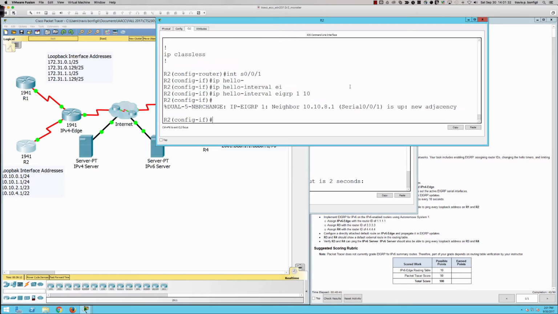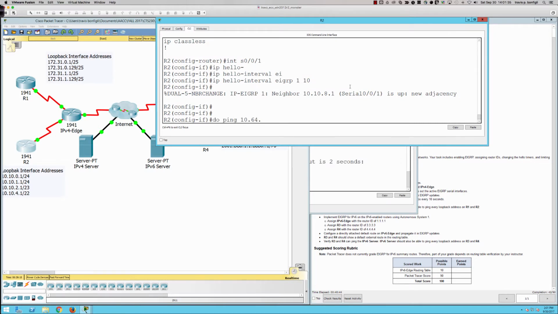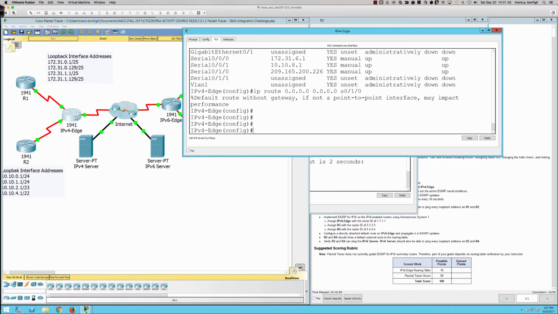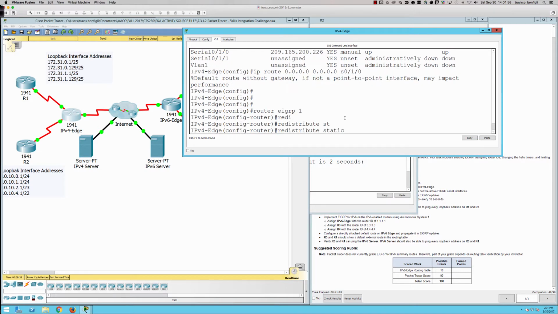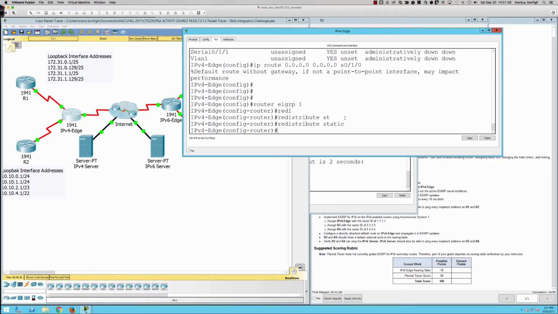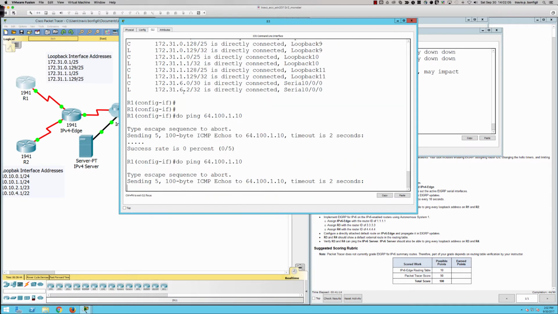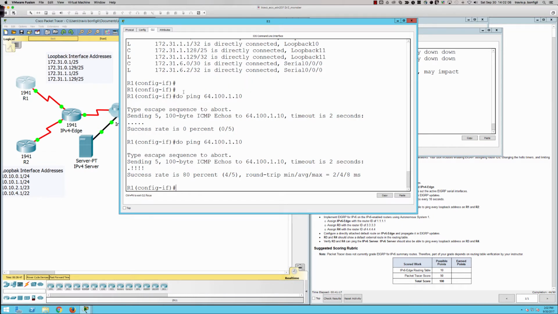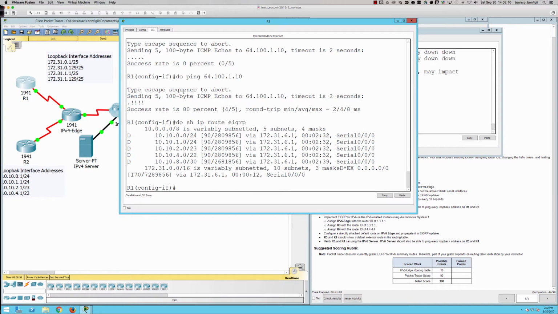Router 2, what about router 2? If I say do ping 64.100.1.10, I can never remember the addresses. So we'll let that run because it's not going to work either until we come to the IPv4 edge and we say router EIGRP 1 and I say redistribute static. Right? As soon as I say redistribute static, if we come back to router 1 now and we rerun this ping, it now works because do show IP route EIGRP, we should have